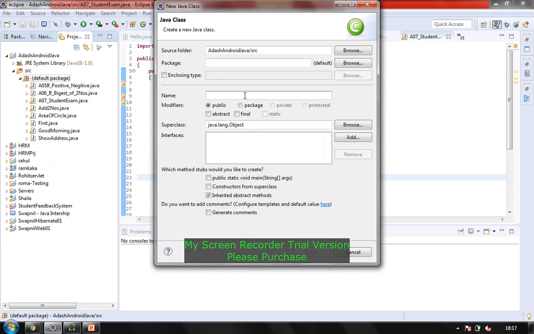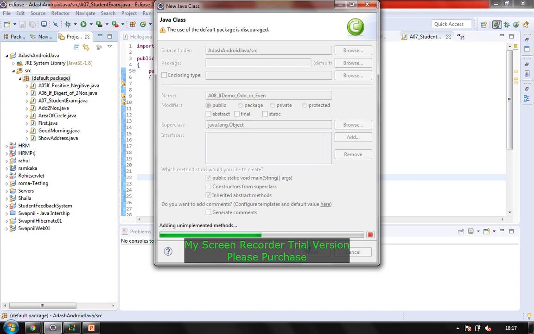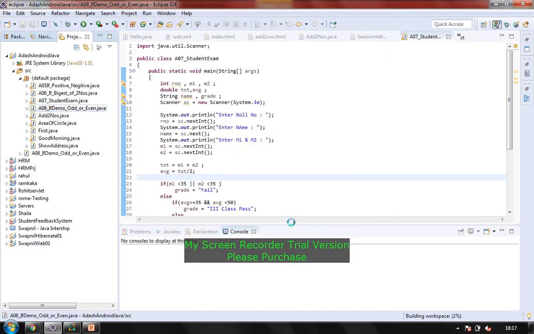When I add a new class, I am naming it 08, this is my eighth example, underscore if demo for odd or even. I'm just adding public static void main. So everything is right now.